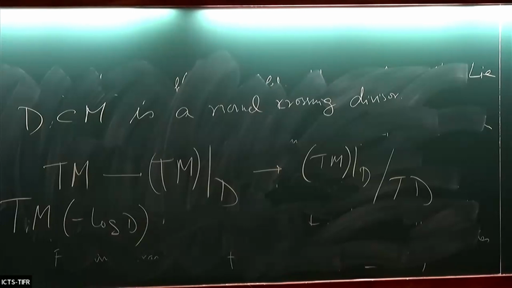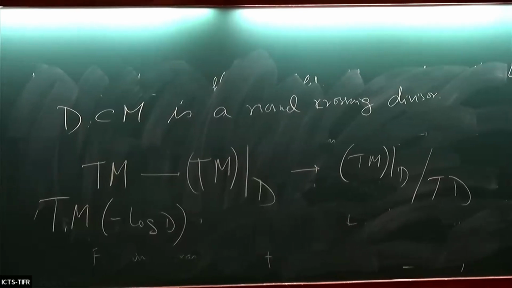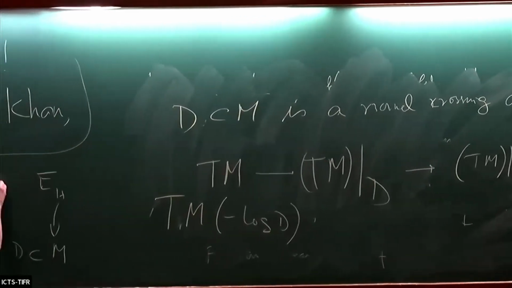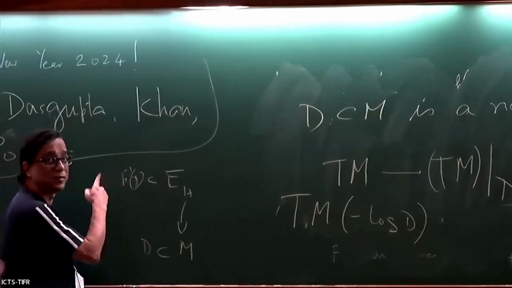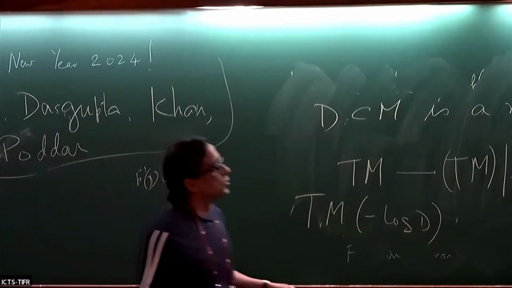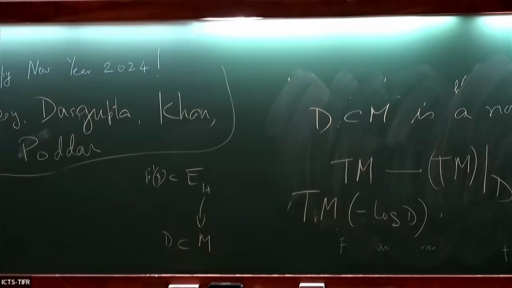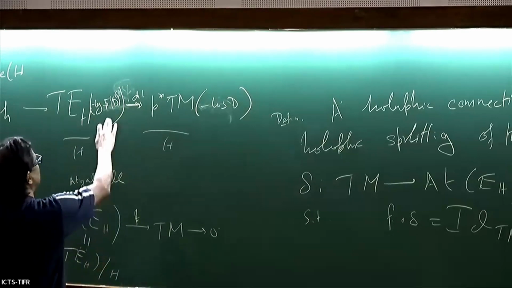Now, what I can do is that first note that P from E_H to M was a submersion. So if I take the normal crossing divisor, P inverse of D, this is also a normal crossing divisor. So now I can make some small changes. Here I have minus log D. Here it will become minus log P inverse of D. I should rewrite separately, but